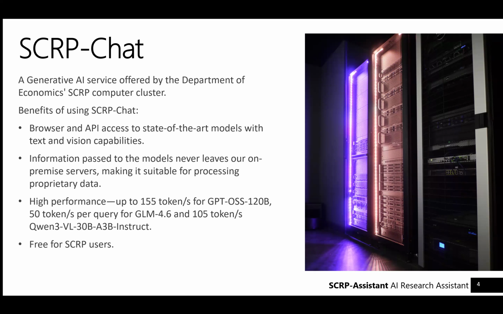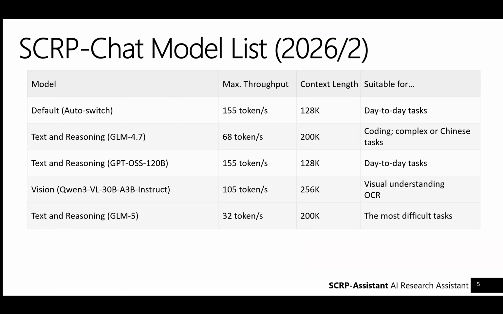It would be very hard for research postgraduate students to find funding if you're running a state-of-the-art model through millions of observations. On SCRP, you can do it because all our research postgraduate students can just access this service for free. It's fully funded by the department, right? So the models we offer,